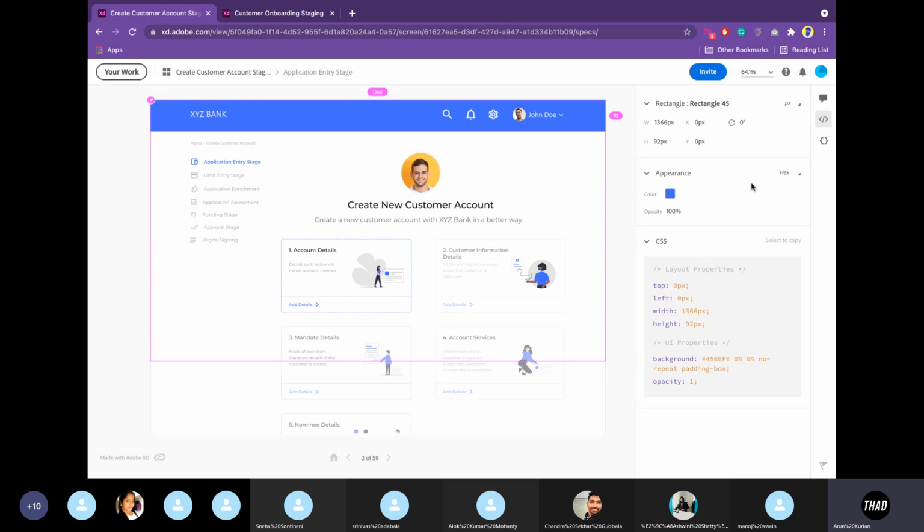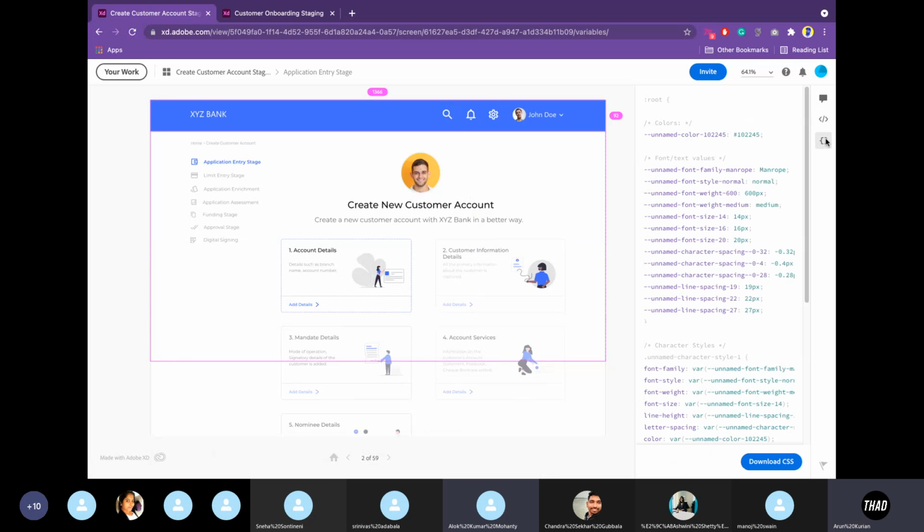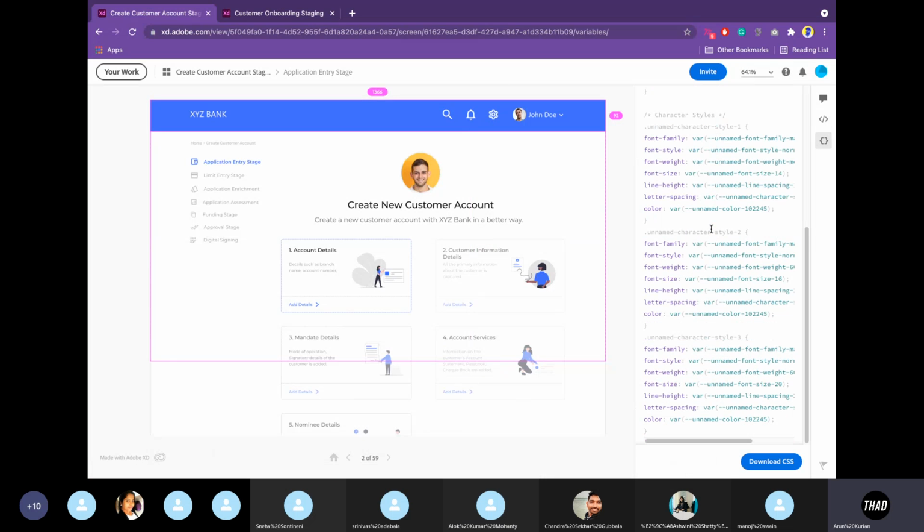All right. So any other doubt in this particular section? No, I don't think. All right. So now you have this character style section.